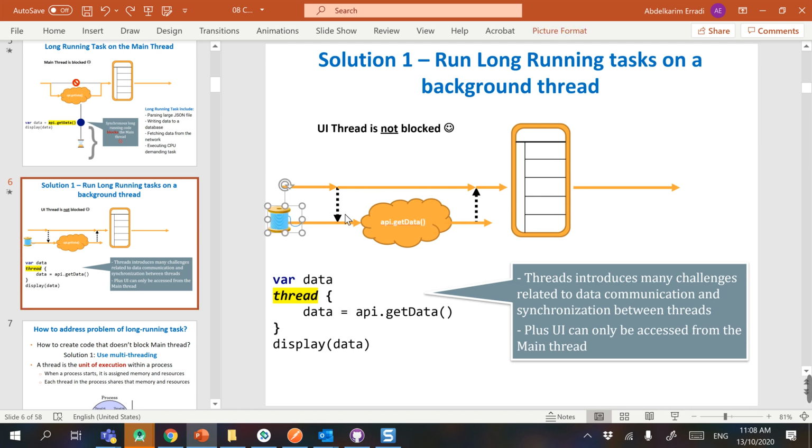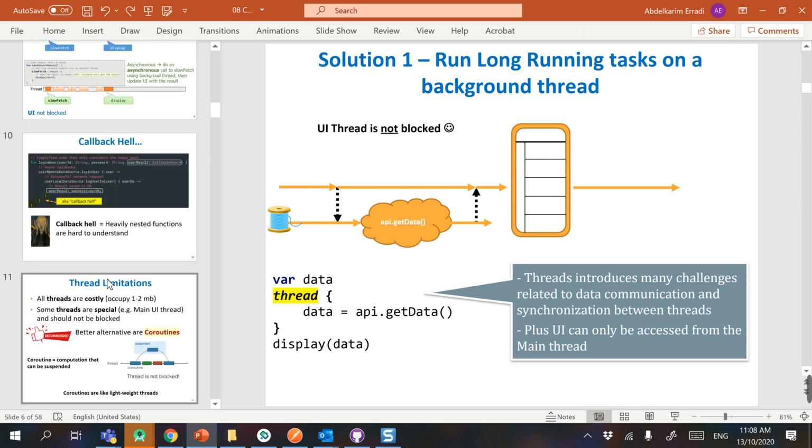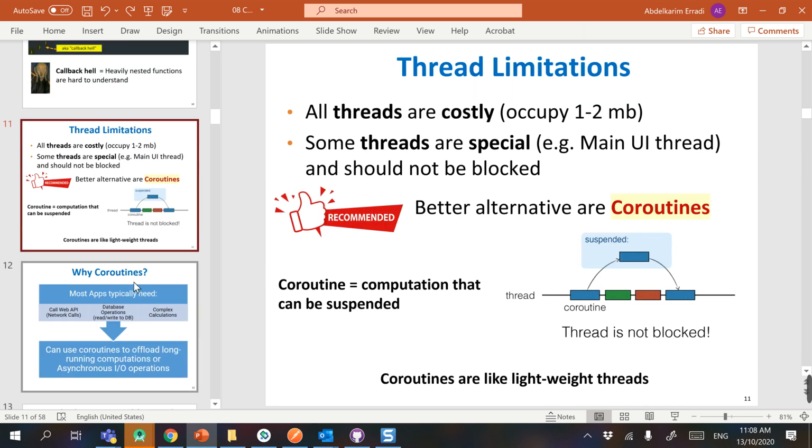So if you have a background thread, you cannot touch the UI. You have to transfer the data to the main thread to be able to update the UI. So all these challenges pushed language designers such as the Kotlin language to create new abstractions and new tricks